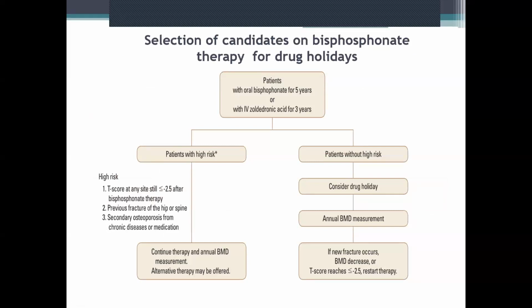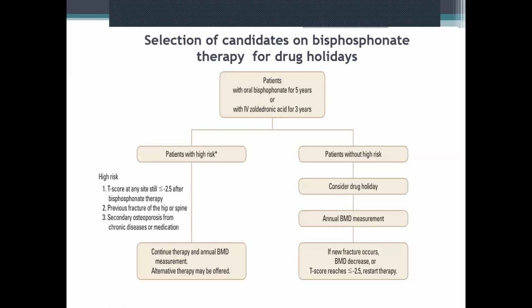So if they've been on oral bisphosphonates for at least 5 years, and they are at high risk, that means when you look at the BMD, the T-score is still less than or equal to minus 2.5, or they have a history of previous fracture of the hip or spine, or they have secondary osteoporosis, then for these patients, you might want to consider continuing